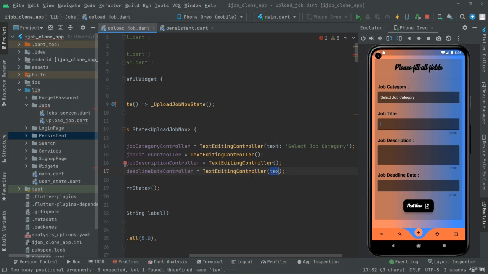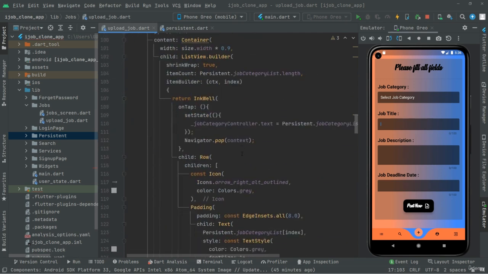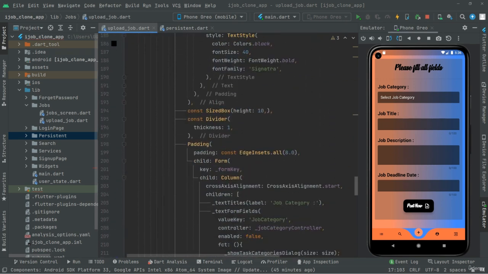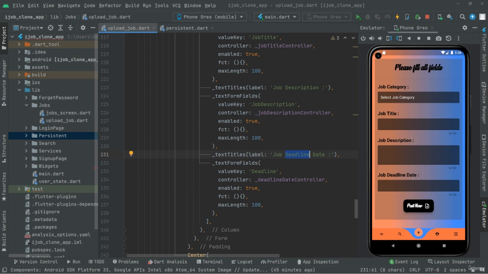Okay, paste it, and in here we will say something like job deadline date. That's fine. Now let's go back all the way down to the job deadline date. Okay, all is just fine. Now simply hot reload the app and you guys will notice that